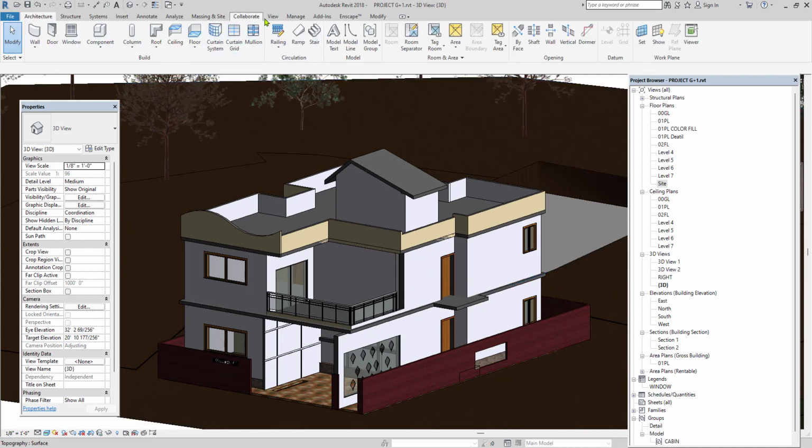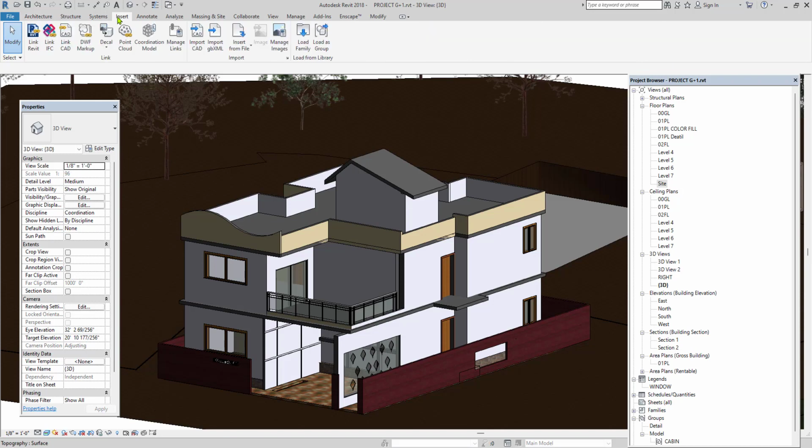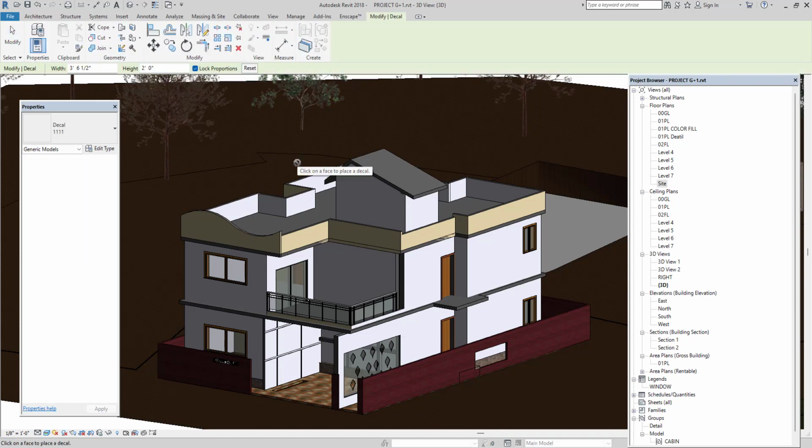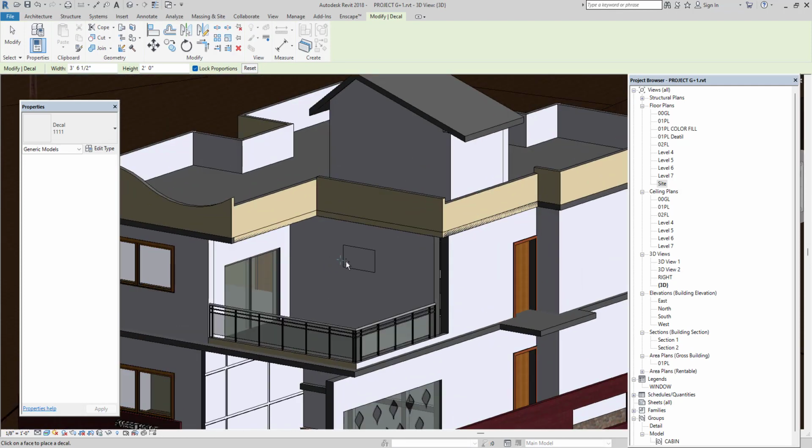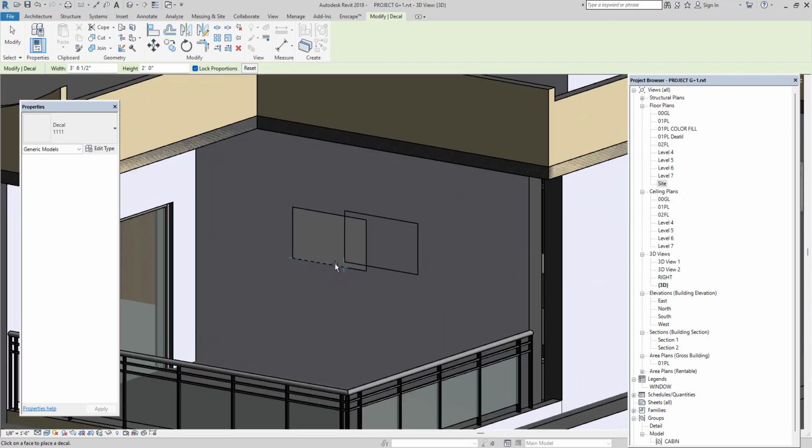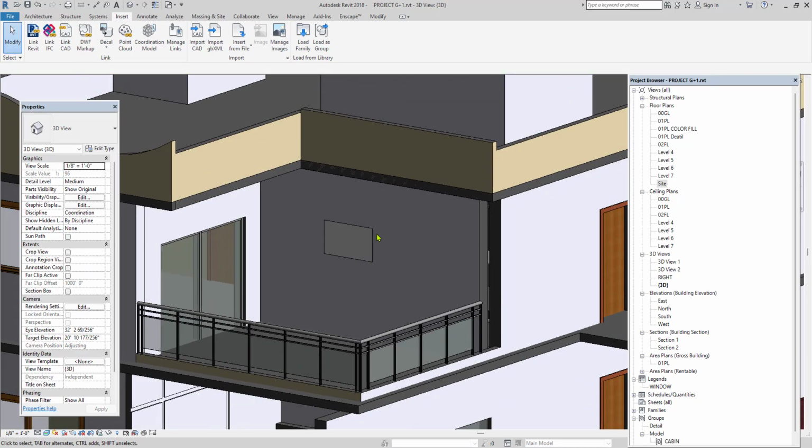For that I am clicking on the insert option and then insert decal here. Place a decal. Before that you should have a collection of the images you are going to place. Next, by default we have some decals. You just place it like this. Like this way you can insert any image to your TV or any internal wall.